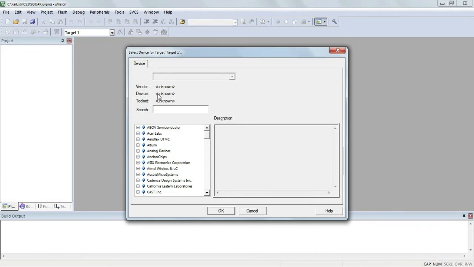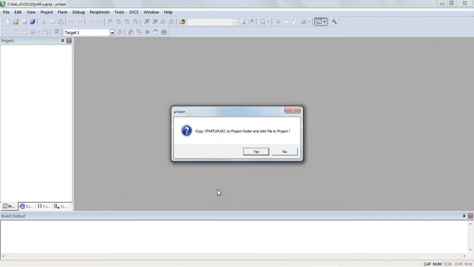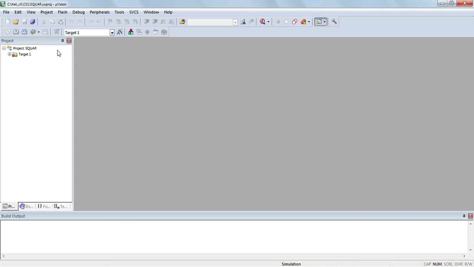Once the project name is given, we need to select the target device. The target device that we are using is Atmel 89C51, that is the 8051 based microcontroller. Then click on OK, and say no to copy startup code to project folder. So now we can observe the project square is created with its target device.